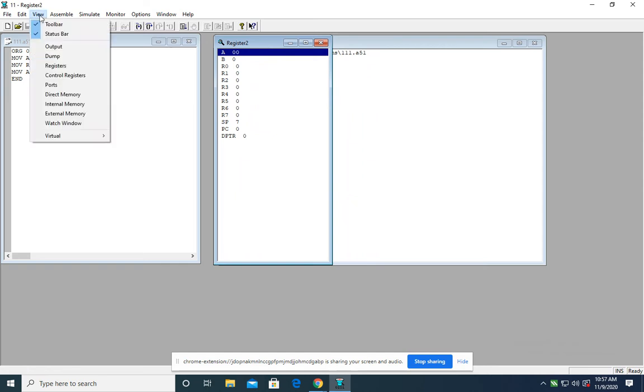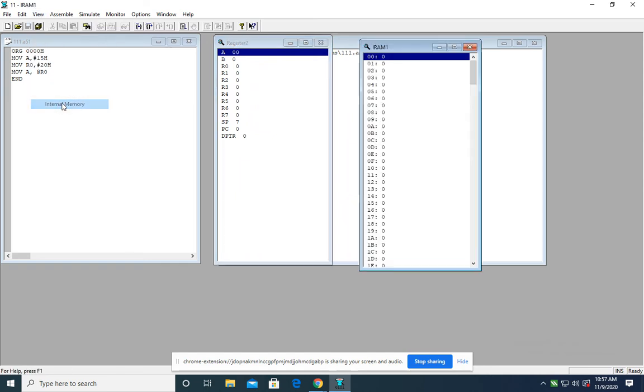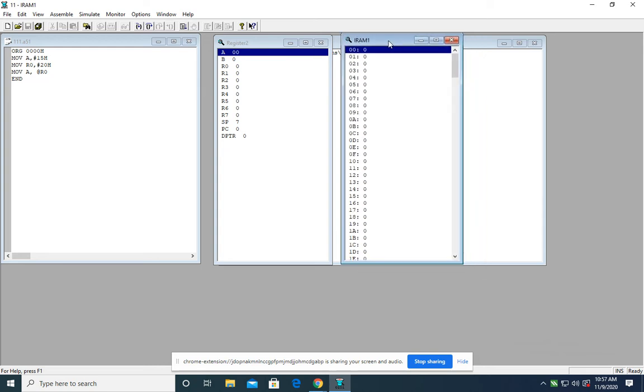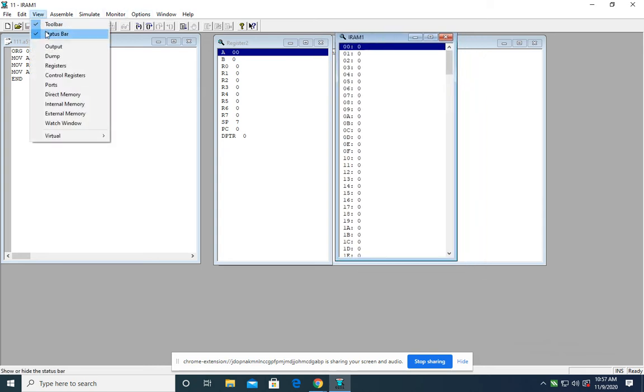Along with this, you can see the internal memory and the direct memory. By selecting this particular option, view, you will get all these internal structures of 8051. That means output files, dump files, registers, control registers.